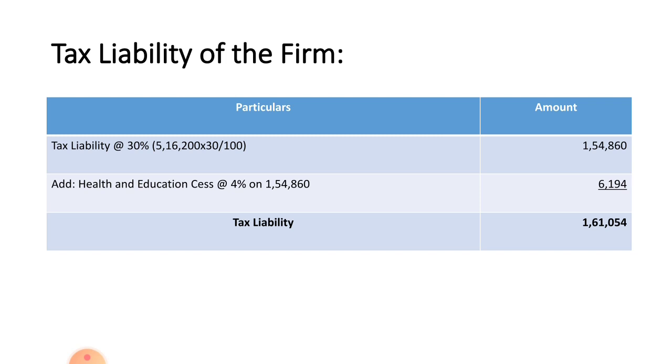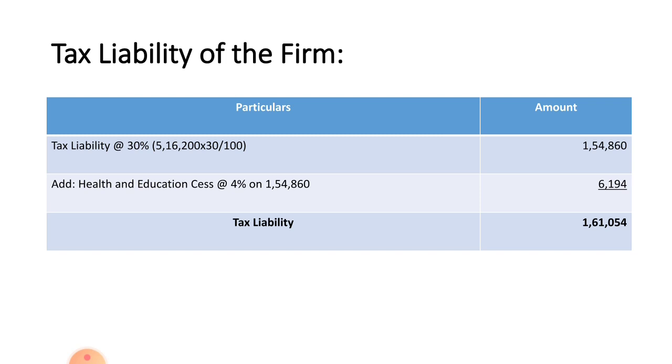In that there are various rates of tax for various stages of income, but in case of assessment of firms, there is only one tax rate, that is 30% plus health and education cess of 4%. So tax liability at 30%, that is 30% of your total income 5,16,200 amounts to rupees